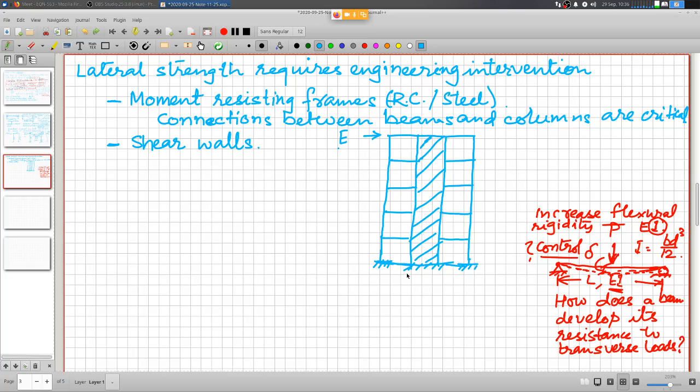If it cannot be avoided, then of course it's a special case and very careful considerations need to be taken, to avoid any differential settlement between different parts of the structure or foundation. So once that is taken care of, then it is essential that this shear wall should rise from the foundation